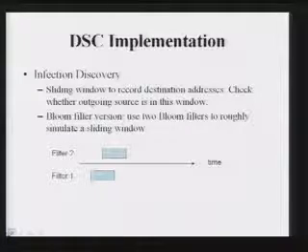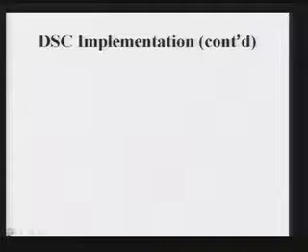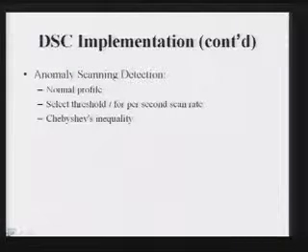So the detail of the algorithm probably is not as important. For example, to detect infection-like behavior, it is actually easy, right? You just keep two Bloom filters, and you check in the timeline which hosts and ports were visited in the previous time window, and then whether the same ports and same hosts are sending out traffic in the next time period. That's easy. And then for the anomaly scanning detection,